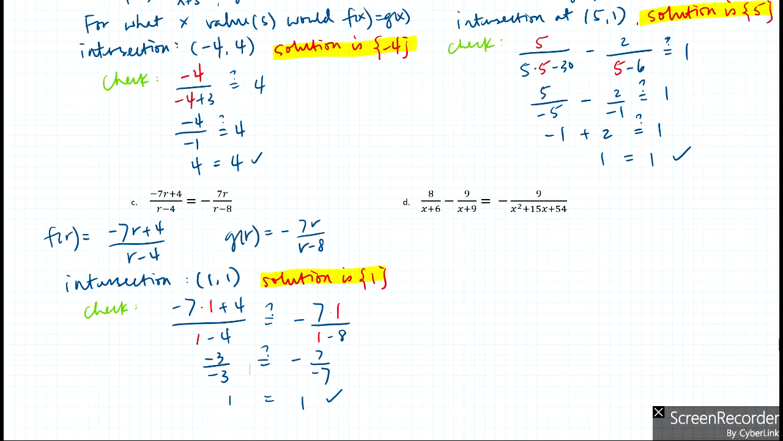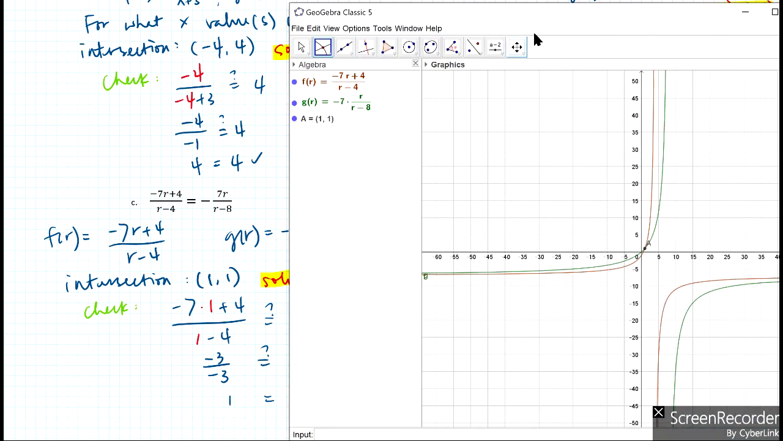And lastly, we have a question in part D. We can do the same strategy as before. F of x equal to this expression on the left, and g of x equal to negative 9 over x squared plus 15x plus 54 over here. And once you plot this in GeoGebra,